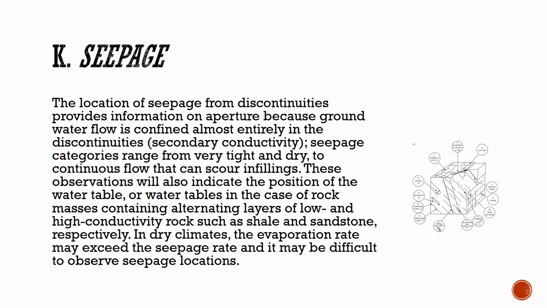Yes, the seepage that we have already discussed. Due to the presence of aperture, seepage will occur, and this seepage will lead to weathering. So these parameters are basically interconnected with each other. Due to the seepage, water will come and seep, and then it will percolate. Then it will accelerate the process of weathering if the rock is prone to weathering. And if the aperture is more, then the seepage will occur more, like that. So there is interdependency between these parameters. That is why we are considering all the parameters in one place. And let me see the influence of one upon another.